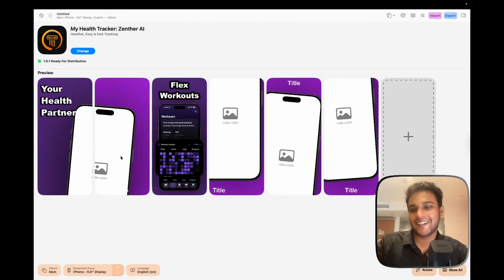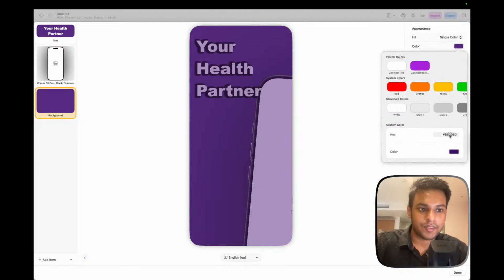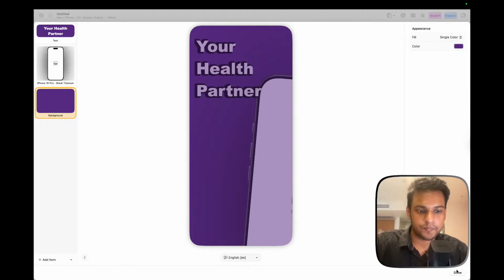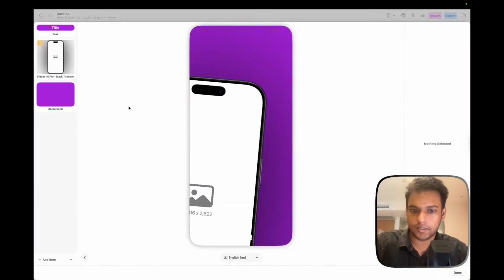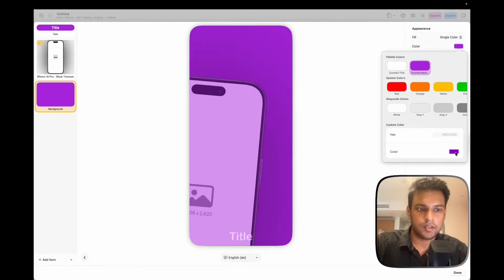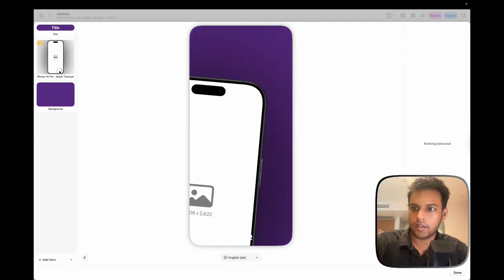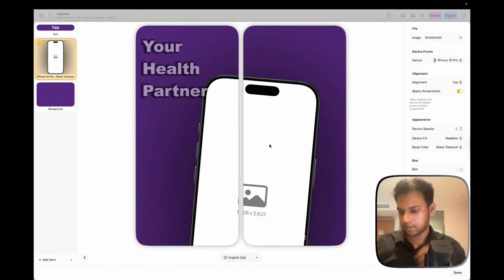Oh yeah, I finally got the spanning working well. So let's just go and update the background color, and update the hex as well here for now. And then I'll just add screenshots, which will be about calorie tracking.